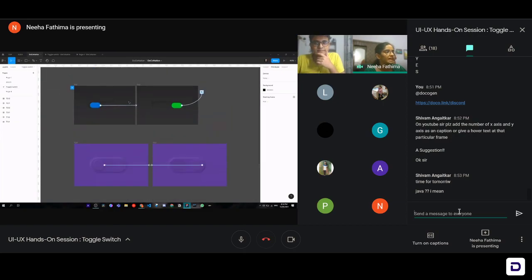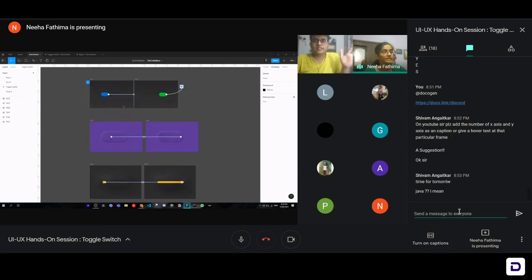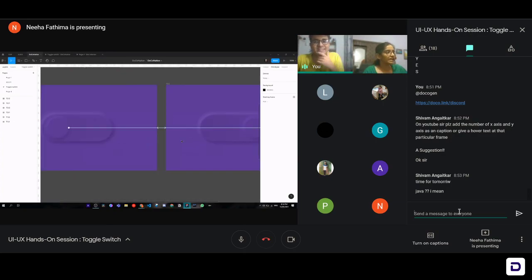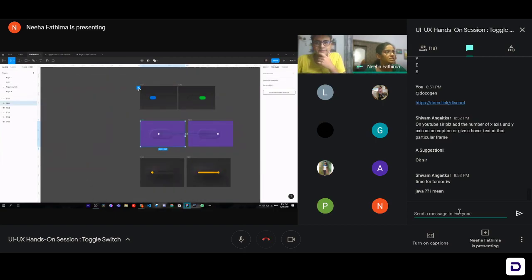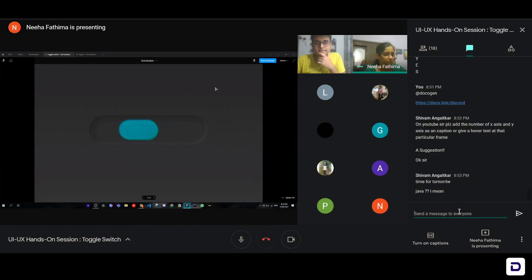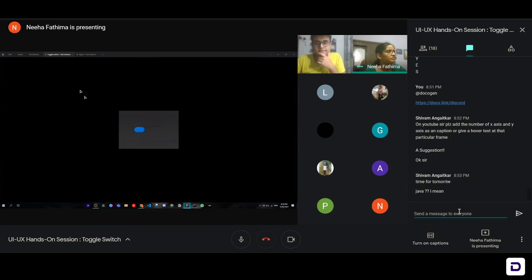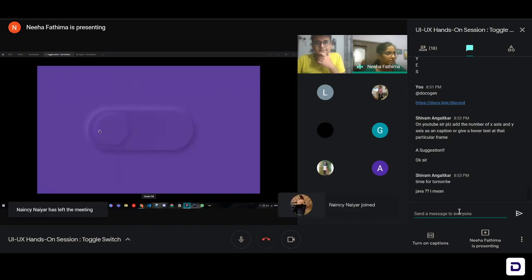We can see that there are three animations here, one of which we already did today. So let's click on this, drag it here, and present. Okay, so we've got this here. Let me zoom in a little bit. You can see this one is completely new. We've used the purple color in the background, in the animation, on the toggle switch. It's a cute little animation, looks very pleasing and visually appealing.